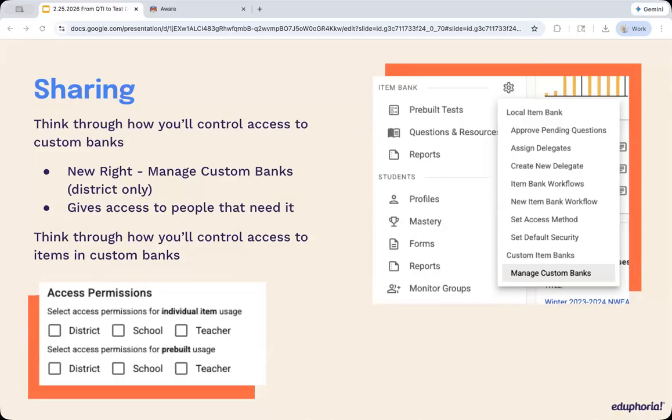I want to pause for just a second. I want to make sure we understand and define what is a pre-built test. In your aware navigation on the left-hand side, you should see a pre-built test table. If you've never noticed that before, go check it out. When you click that pre-built test link, you'll notice a huge list of tests. A lot of them are STAR if you're in Texas. A lot of them might be Amplify, again if you're in Texas. If you're not in Texas, that table is probably empty